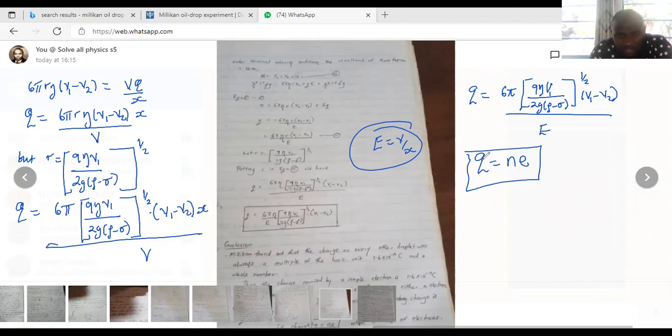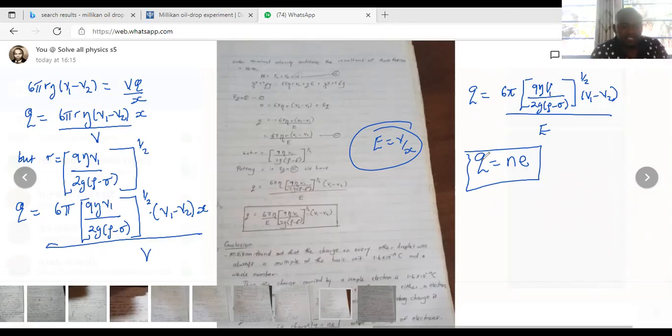So there is always a question which they ask in that conclusion I've written down, as you see there. They can ask you to explain how Millikan's experiment proves that charge is quantized. Those two conclusions can provide that solution. You use those conclusions he suggested, and then you explain that charge is quantized. Okay, so with that,